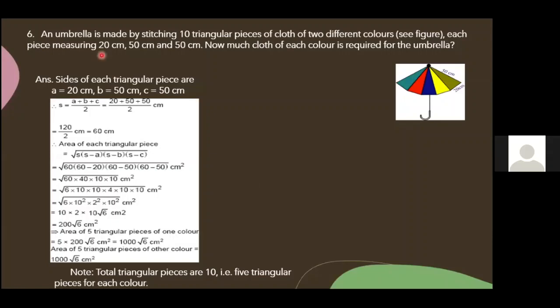When all 3 sides are given, use Heron's formula. Am I clear? Okay, ma'am. It is not a right angle triangle. As I said, all 3 sides are given means you can use Heron's formula. Only if it is a right angle triangle, you can use half into base into height. See which triangle they gave, what they have given you, and based on that you apply the formula.